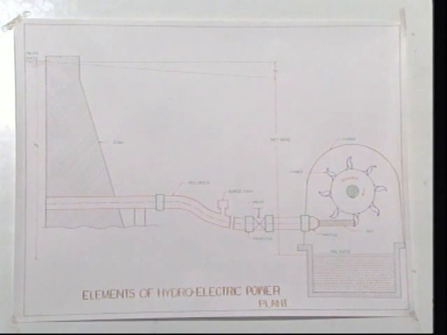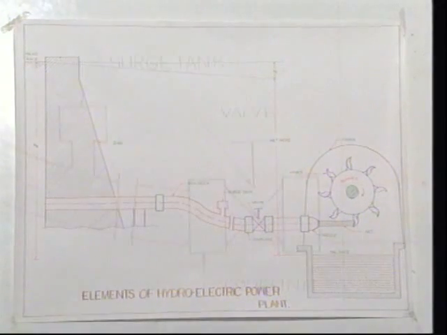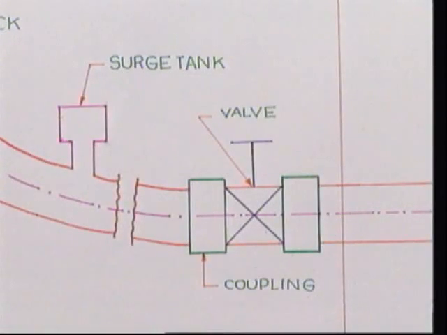If the powerhouse is situated away from the main storage reservoir, then a temporary storage reservoir called a forebay, which is not shown in this figure, is constructed at the head of the penstock. When the powerhouse is located across a canal, a forebay may be provided by enlarging the canal just ahead of the powerhouse. A surge tank also may be provided just upstream of the powerhouse to control the pressure variation due to the sudden opening or closing of the valves.